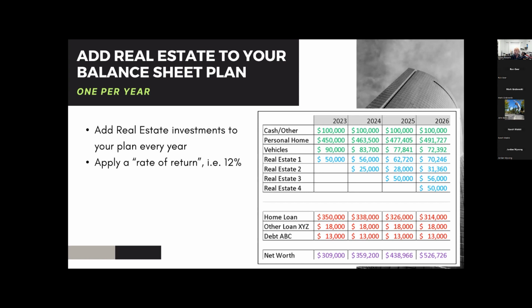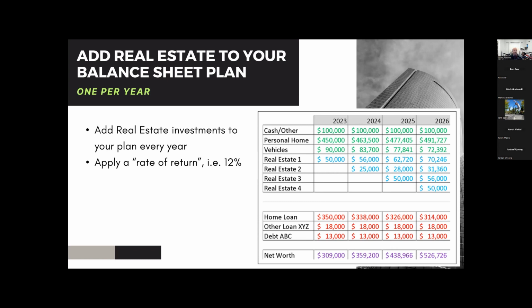We're going to apply a rate of return because I want to see, as I add those things to my balance sheet, how it impacts the bottom line of my net worth. I want to see how keeping my money socked away in real estate investments can positively impact me. To do that, it's more than just moving chess pieces around the balance sheet, right? I'm going to make investments that actually give me a return on investment.